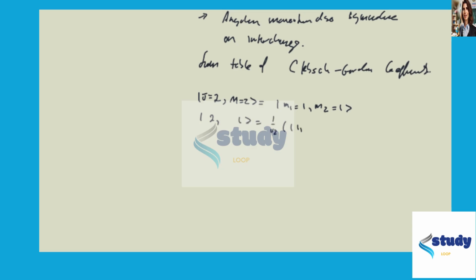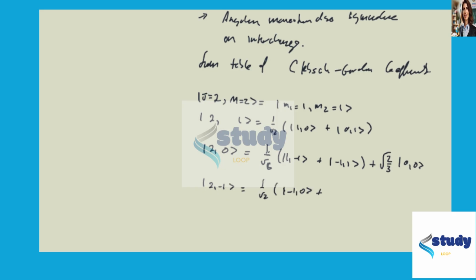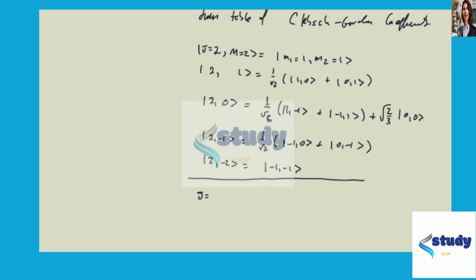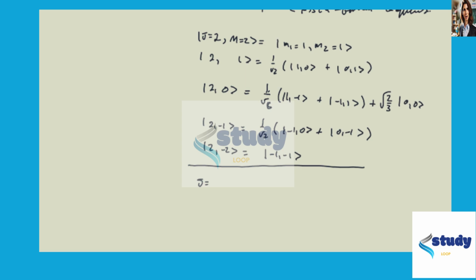Okay, so first of all, we're going to go through j equals 2. So there's all the j equals 2 states. One thing we can see right away is that they are symmetric. If I interchange the two particles, the sign of the wave function stays the same. If I go to the j equals 1 state,